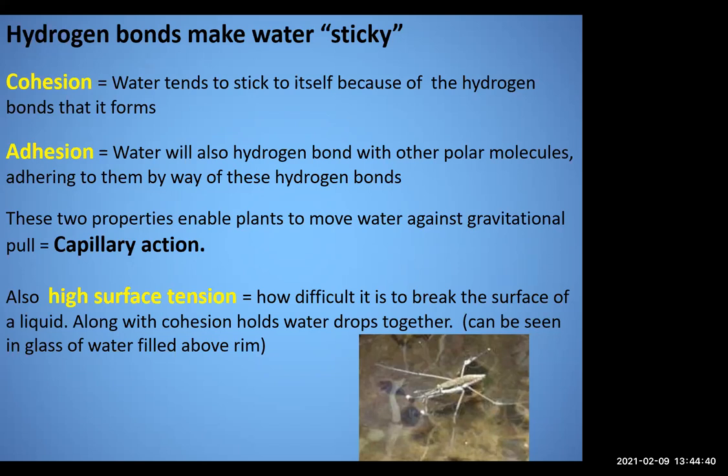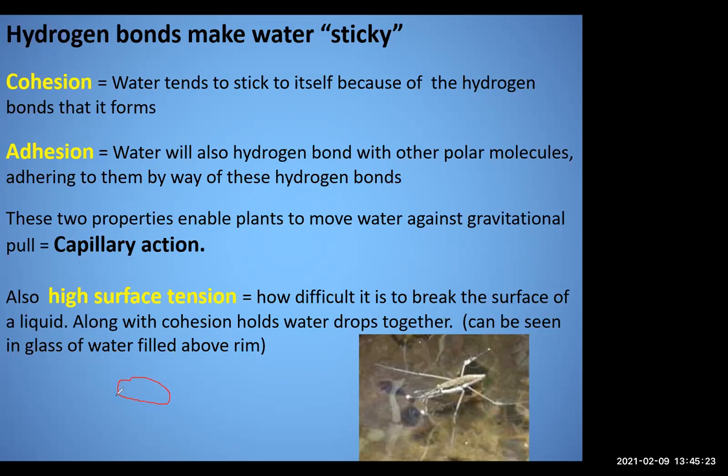The fact that there's cohesion and adhesion actually leads to the ability of plants to move water against gravity in capillary action. So I can illustrate that. And it also gives it a high surface tension because of the stickiness of water. So little critters like this water strider can walk on water. Also that basilisk lizard can walk on water. He can frill out his toes, get a lot of surface area, and he can run across the surface of water because it's sticky. We can float boats in it because of its stickiness. You just have to displace the right amount.